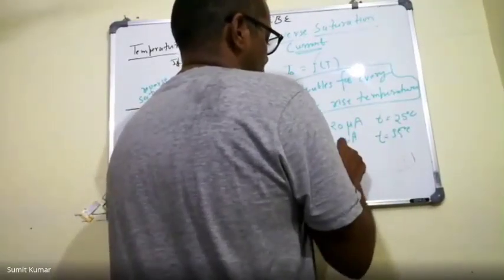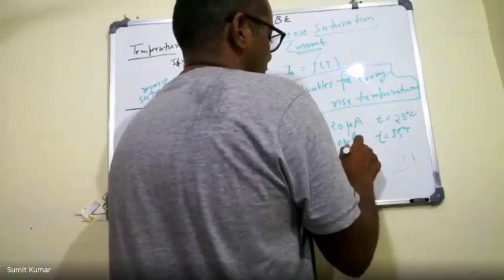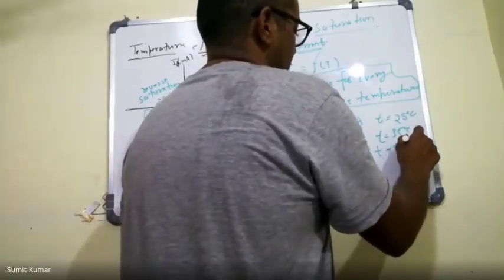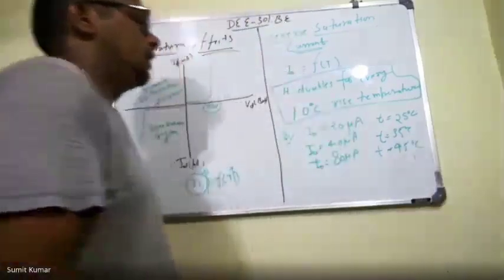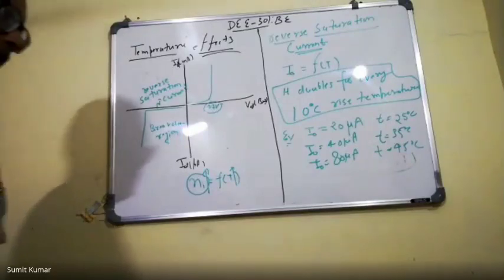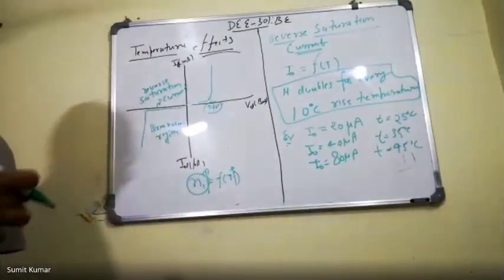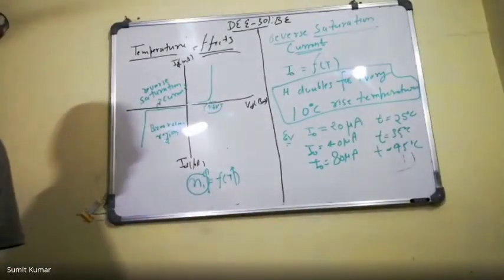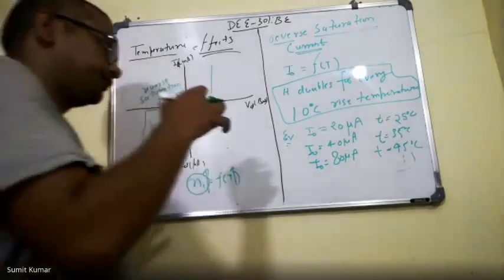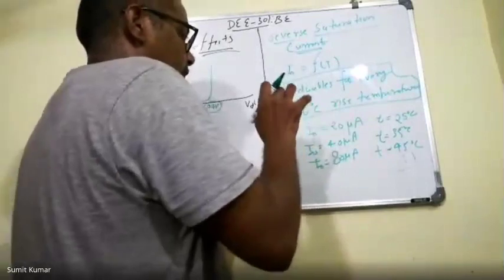At 35 degrees Celsius it is 40 microampere, and for the temperature of 45 degrees Celsius we will have 80 microampere. So it is like this. Let me create a mathematical expression for this. You can find here that